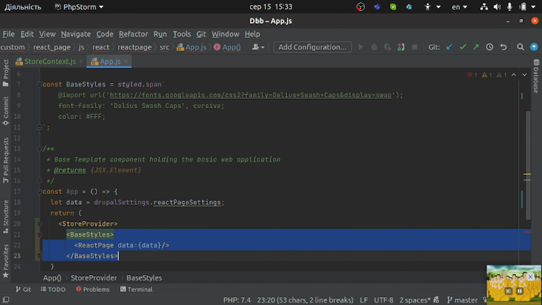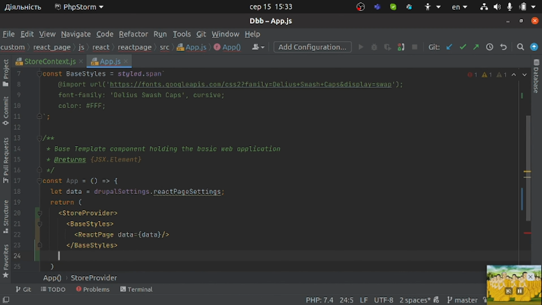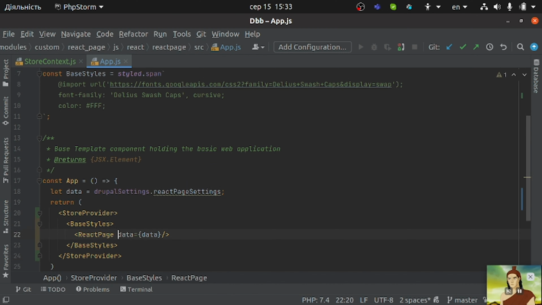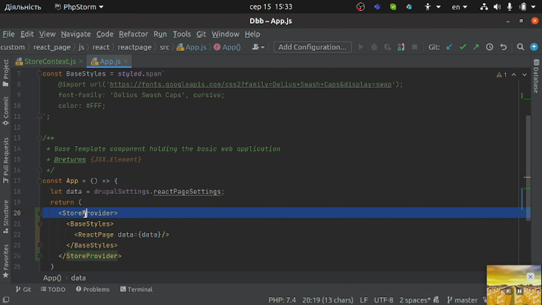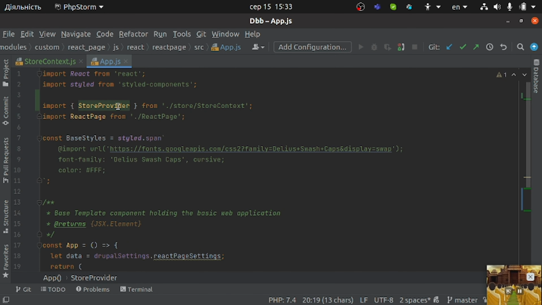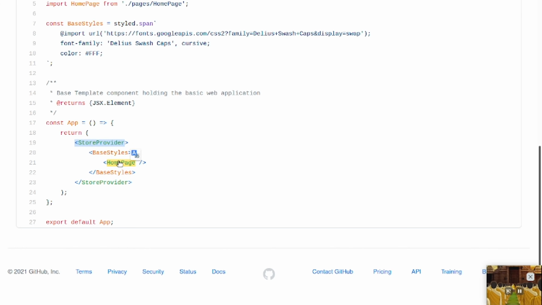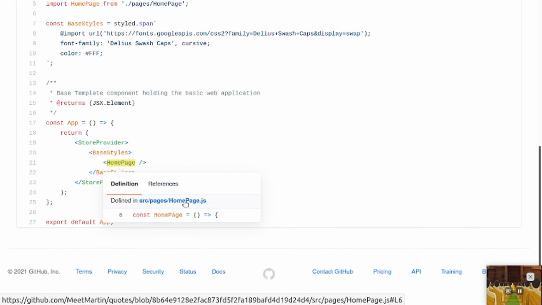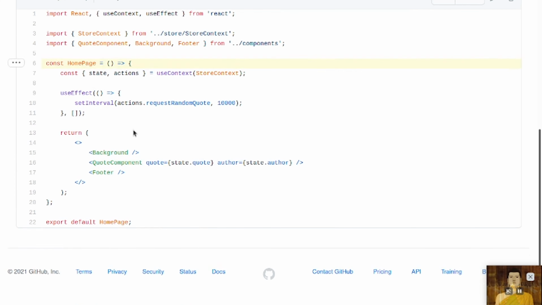And we do not need to pass data. Okay, let's just pass data now. We get it in our app, but it's already in store provider in the home page. We can get